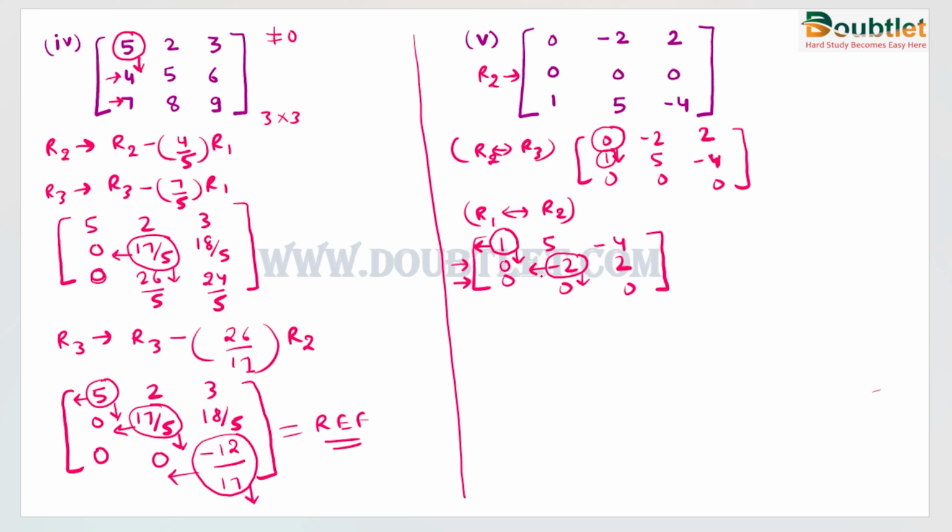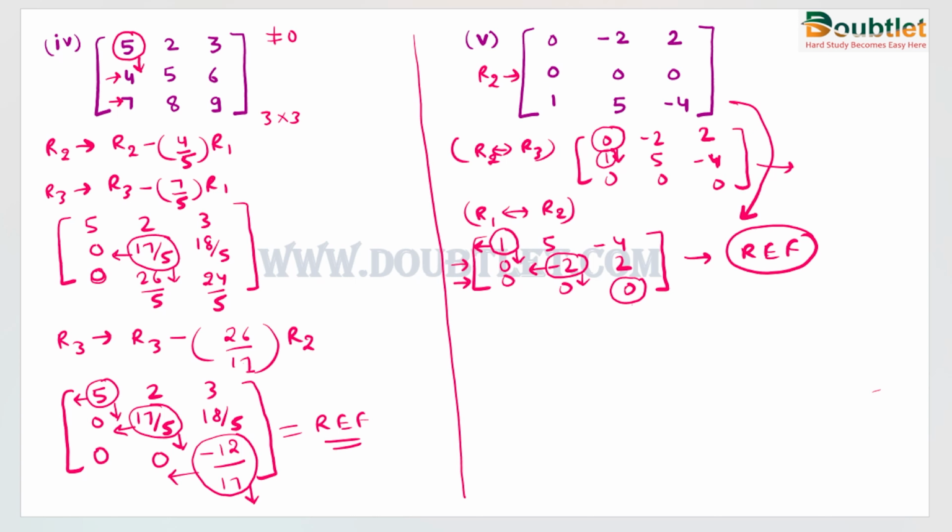Now we will check the third row. In the third row, all the elements are 0. It means there is no leading element, so we will leave this matrix as it is. So here we can say that this matrix is a row echelon form of the given matrix. So this is the case with a perfect 0 row. You have to just remember that whenever any 0 row is present, you have to interchange it with the bottom non-zero row. Means the 0 row should be at the bottom of the matrix, like in this matrix.